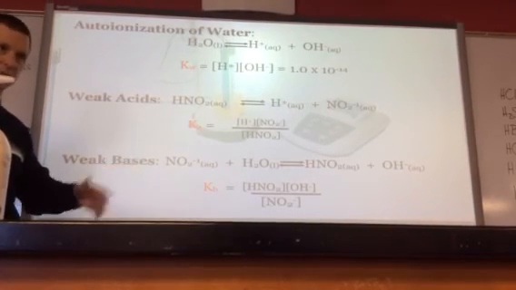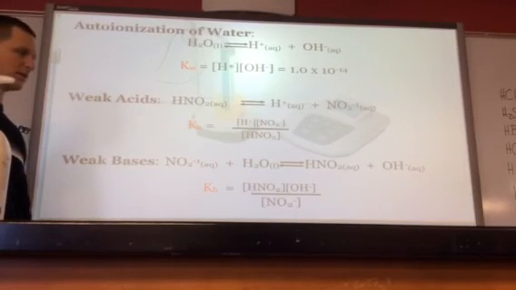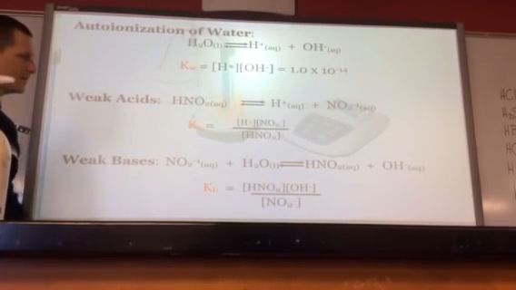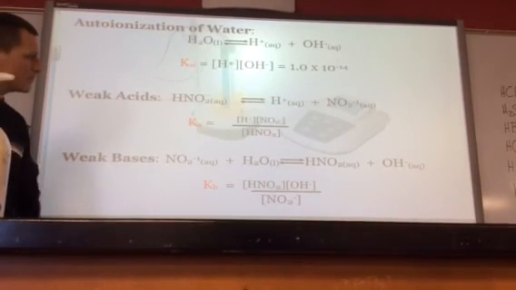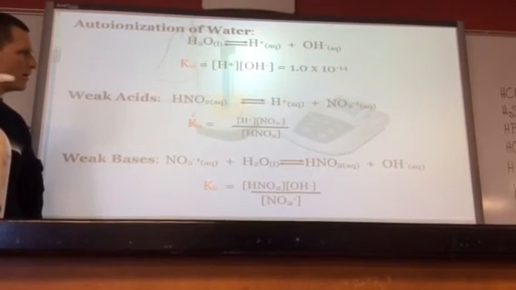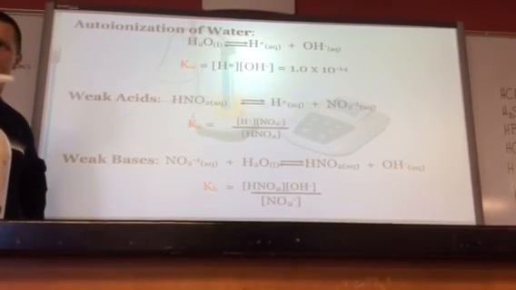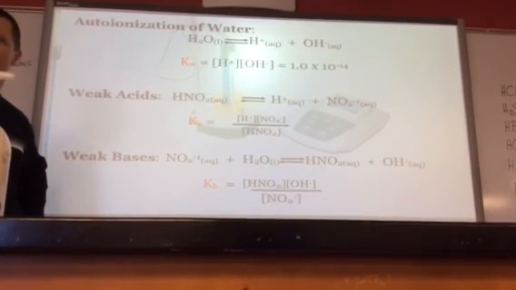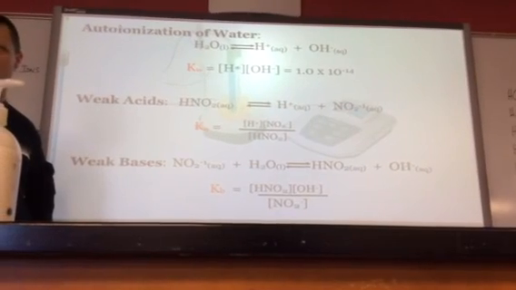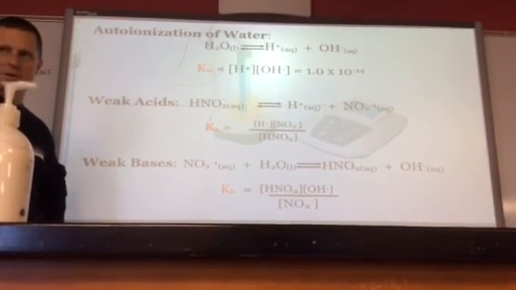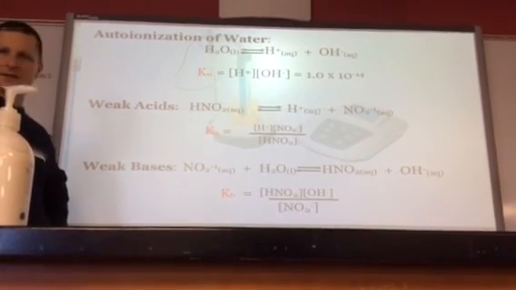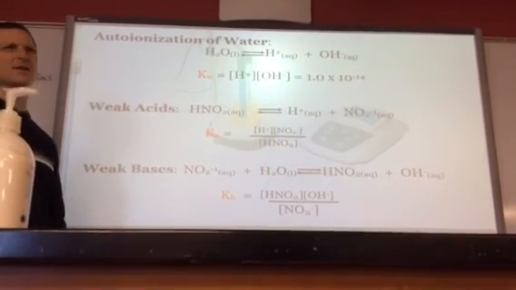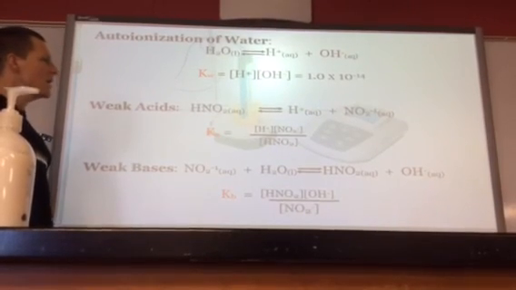If you have a liter of water, there's way more than 1 mole of it. There's like 55 moles of it. So that would be the concentration of water. 55.5 repeating. It's 1,000 divided by 18. 1,000 ml, or I guess 1,000 grams, divided by the molar mass. Okay, now